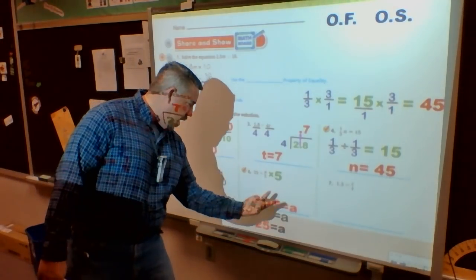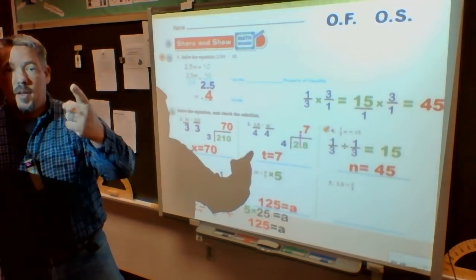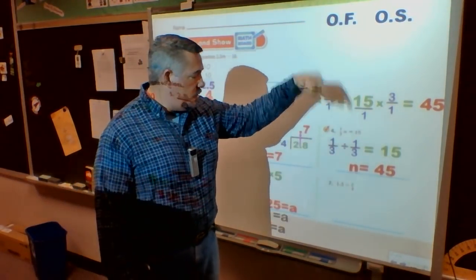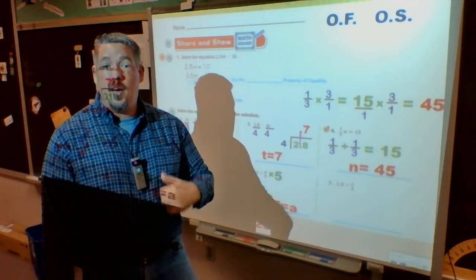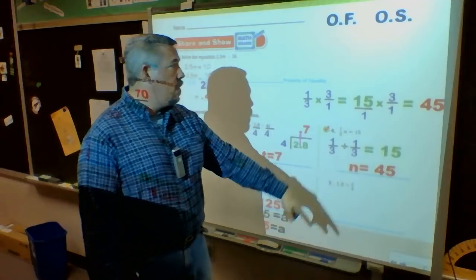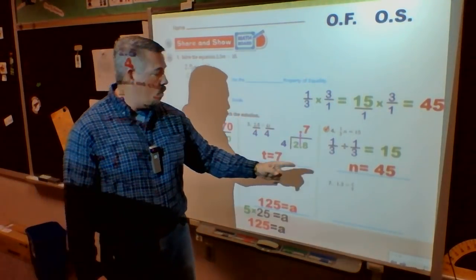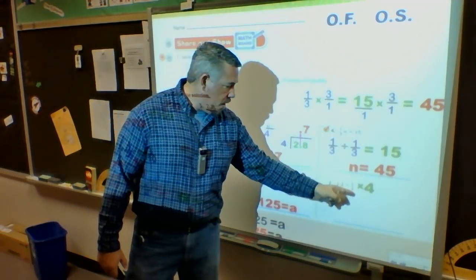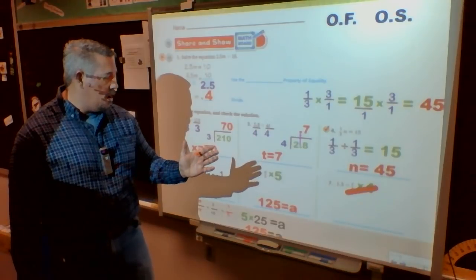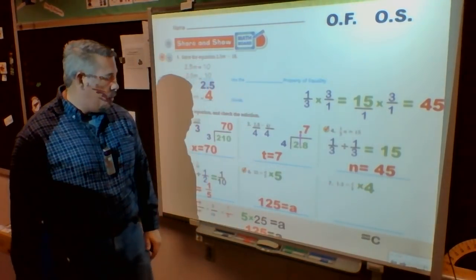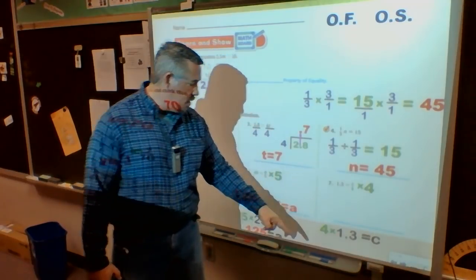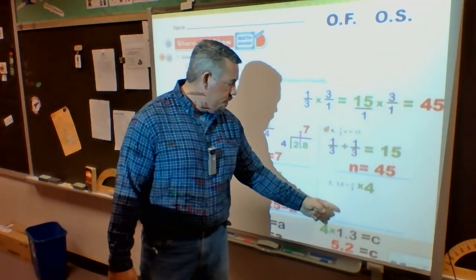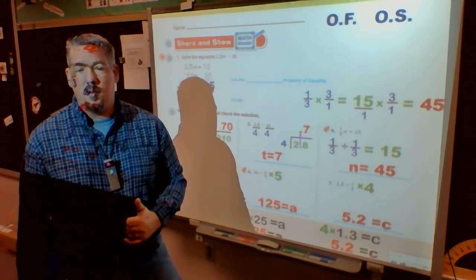If you had your answer as a is equal to 125, it's still correct. 1.3 is equal to c divided by 4. Opposite function: I'm dividing by 4, so now I have to multiply by 4 to cancel that out. Then I do it on the opposite side, so over here, I'm going to multiply by 4, showing my work so I can get my credit. I multiply here by 4 to cancel it out and get C by itself. And then I go over here and multiply by 4. C is by itself. 1.3 times 4. Well, 4 times 1.3 is equal to 5.2. So I know 5 2/10 is what C is equal to.